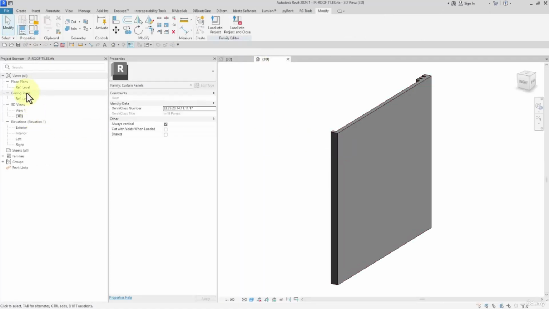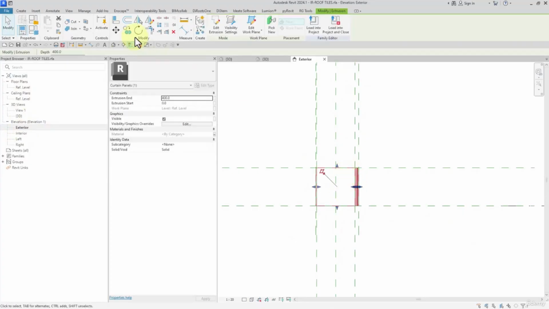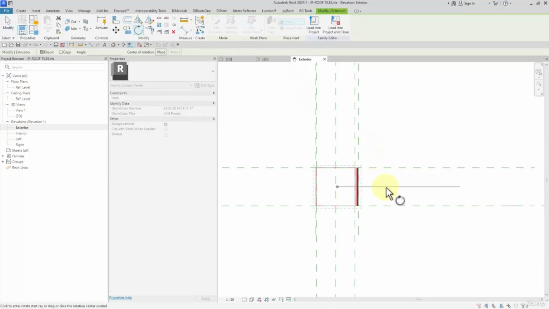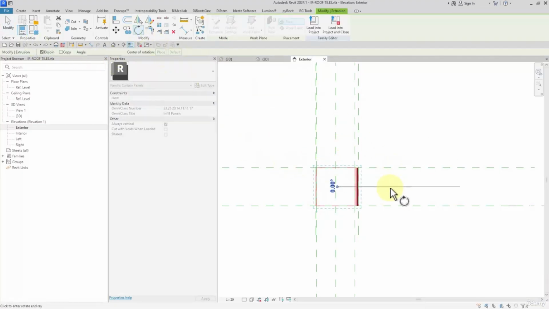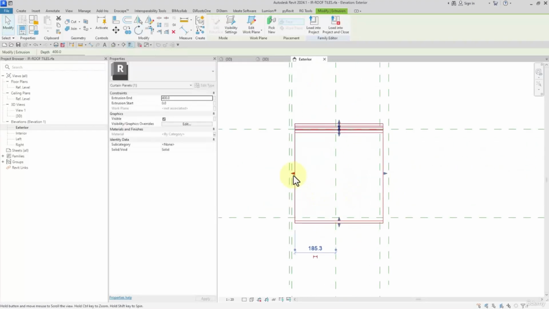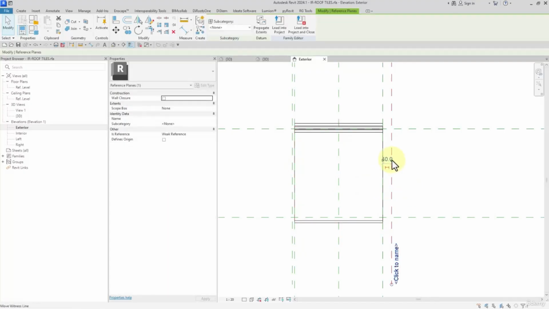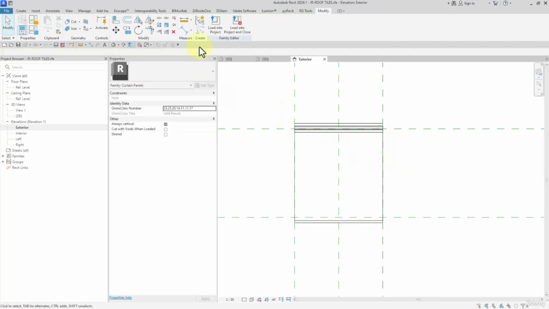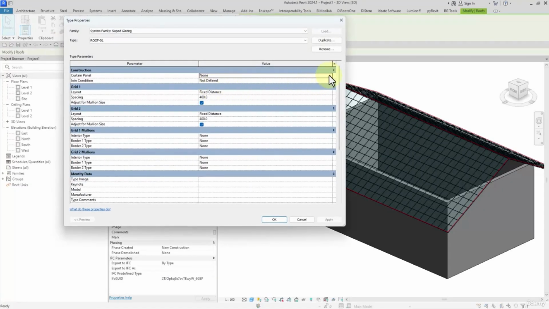then we get back to the family, and in the exterior view we want to rotate them 90 degrees. Control Z. Let's see what is the problem. Rotate 90 degrees. Done. Very well. And then I connect them to the reference planes. I can delete these two reference planes, then I load them again, overriding the existing versions, select, and then replacing